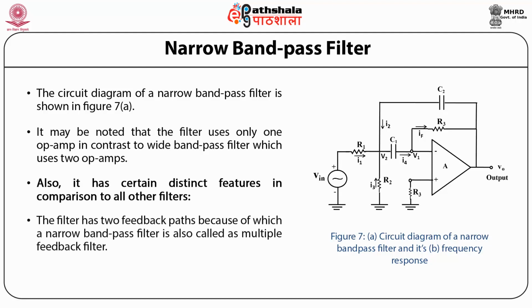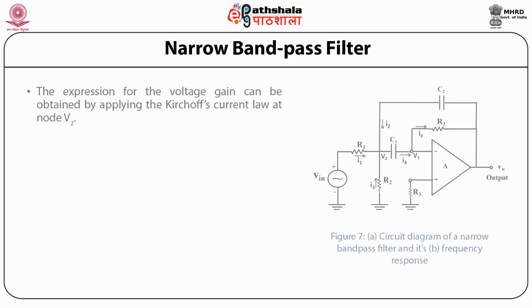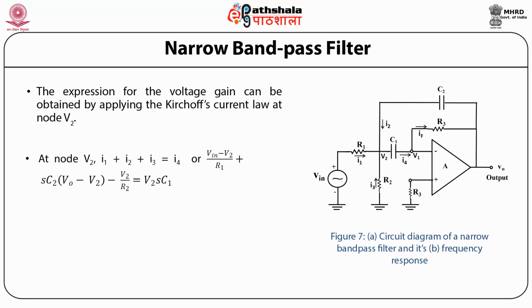First, the filter has two feedback paths, because of which a narrow bandpass filter is also called a multiple feedback filter. It uses an op-amp in the inverting mode. The expression for the voltage gain can be obtained by applying Kirchhoff's current law at node V2. At node V2, I1 plus I2 plus I3 equals I4, or equivalently, (Vn minus V2) divided by R1 plus S